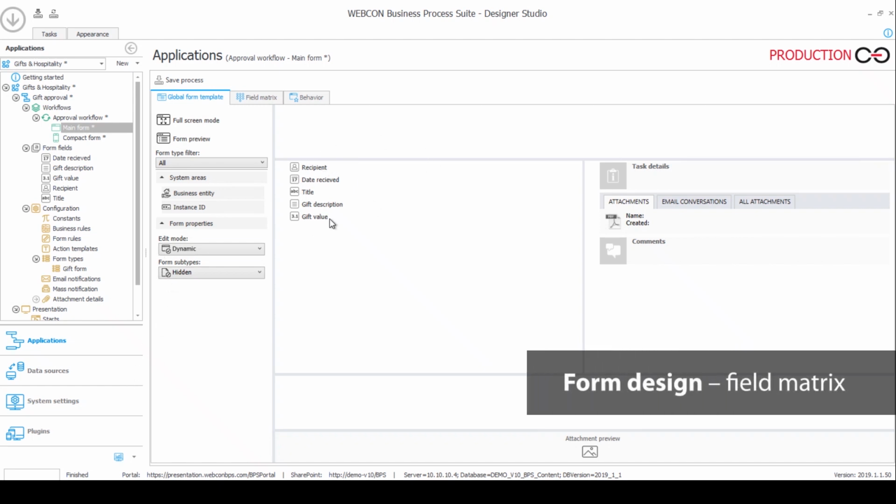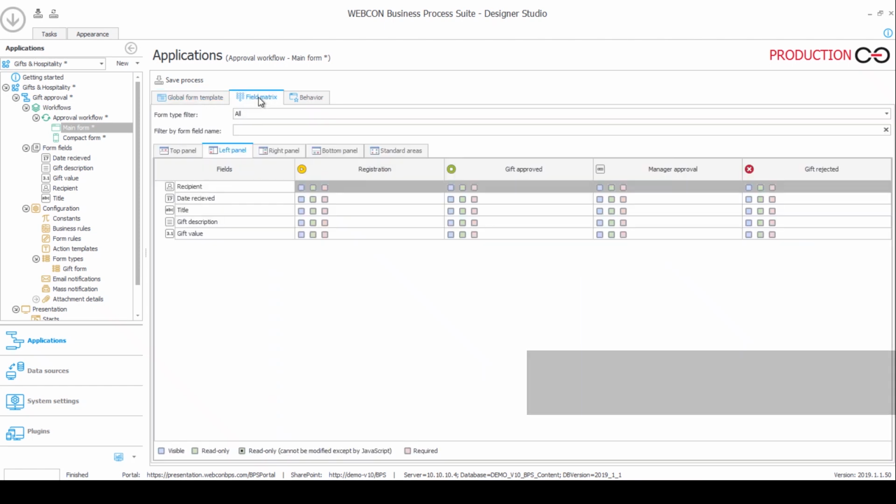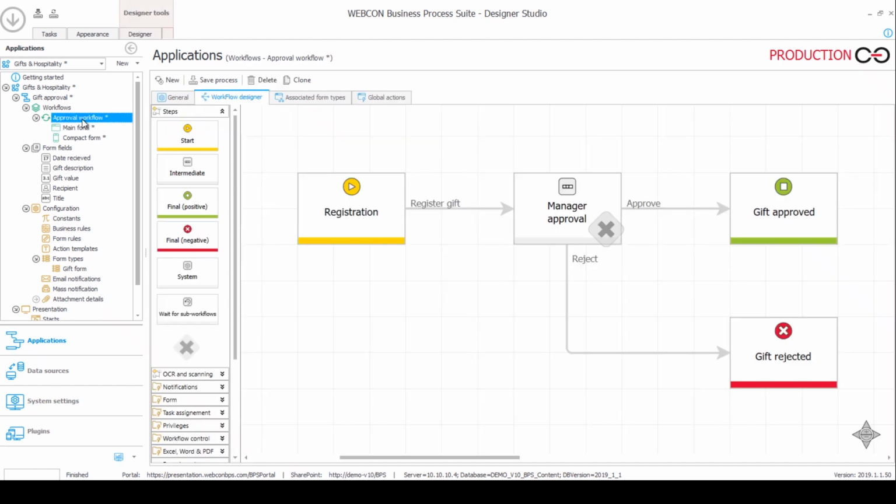We have to do one more thing before we can show what this form will look like, and that is the field matrix. The field matrix may look scary at first, but it is actually a very useful and intuitive system of defining form field behavior. Oh, by the way, before I do the field matrix, I just want to do one more thing. I mentioned I would fix the order of